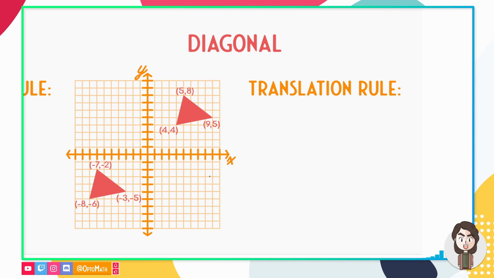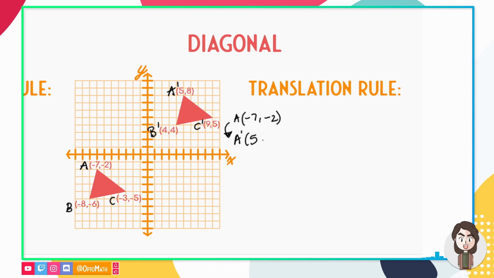And that again shows that it's a horizontal translation. Thirdly, for our translations, we have a diagonal translation. So that means we're going to have a change in our X and our Y. So let's just label this bottom left our pre-image, and then the top right our image. So again, I'm just marking those points with our letters here. So let's just start with, and I might write it down here because we've got a little bit more going on. You could certainly look at the graph too, but let's just start with A, and that's (-7, -2). And then we go to A prime, or if you want to draw a little arrow to remind yourself that you're translating here, and we go